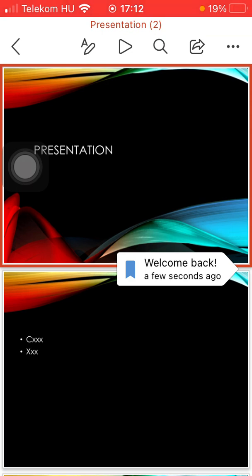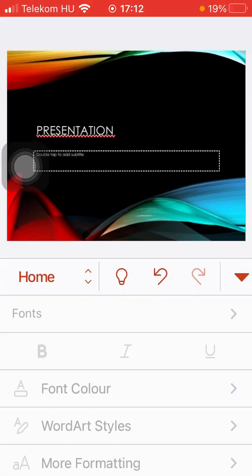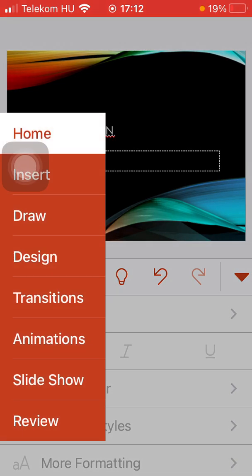Now you should click on this icon at the top of the screen, which is indicated by a small pencil image and the letter A. Click on it again till you find this home category in the middle of the screen. Tap on animations,